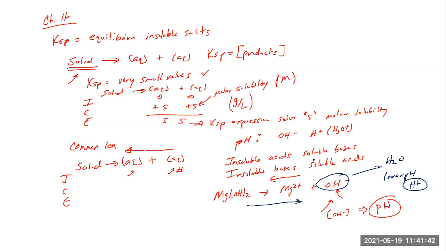So these are a number of things that are important in terms of whether or not you will see a solid form, which affects the solubility of a salt. Another major one we talked about in terms of solubility of salts is concentration. Solubility rules tell you that when you mix these two things, you should get a solid. Concentration is really important in terms of whether or not you will see that solid form. That's where we were able to bring about another calculation that we've seen previously, which